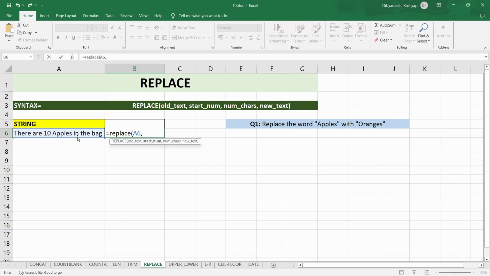So we have to find the index of the first letter of the word apples. Before we start counting, let me inform you that we also need to count the spaces as they are counted in the formula. 1, 2, 3, 4, 5, 6, 7, 8, 9, 10, 11, 12, 13, 14. So it starts from the 14th index. So we will write 14. Now it's asking for num characters. It is the number of characters you want to replace in the old text. So we want to replace the whole word apples, which consists of 1, 2, 3, 4, 5, 6 letters. So we will write 6,